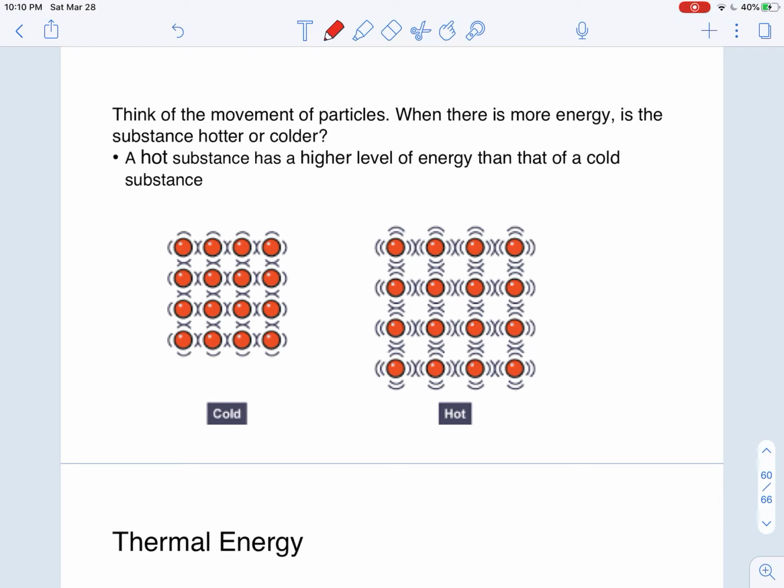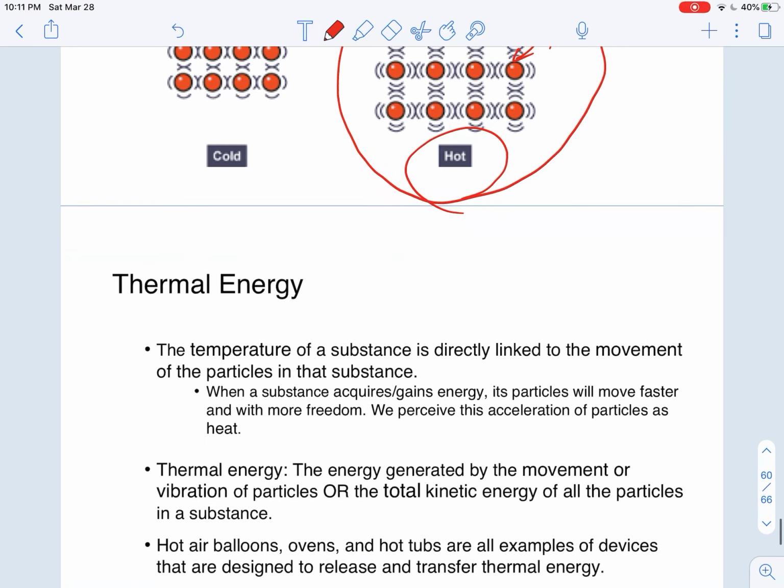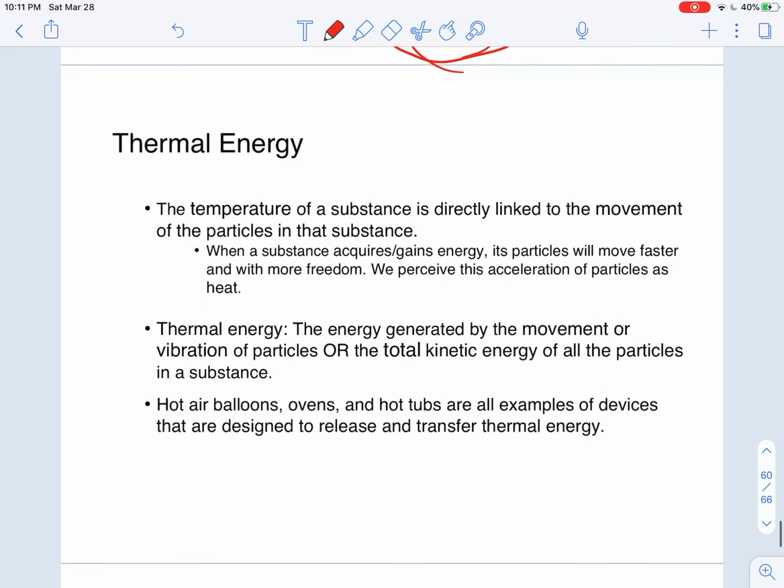When we think about movement of particles, we know that something hot has a much higher level of energy than something that's cold. And so when it's hot, if this wasn't labeled, you would still pick this one, because as the particles are moving more, they are further spaced from each other. So we know this is the hot diagram. Thermal energy,